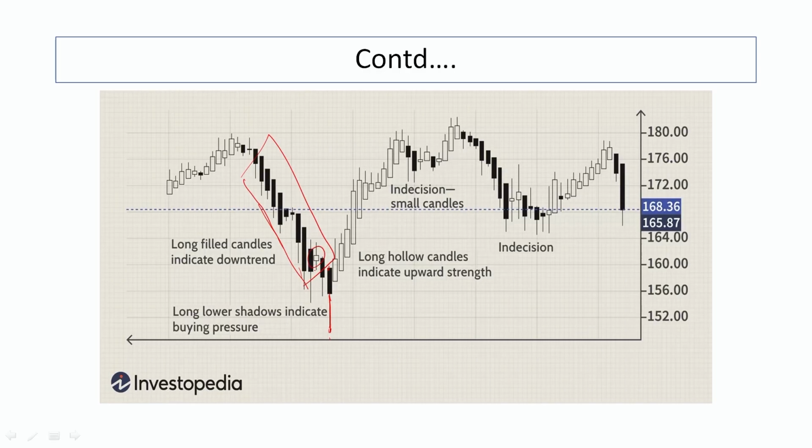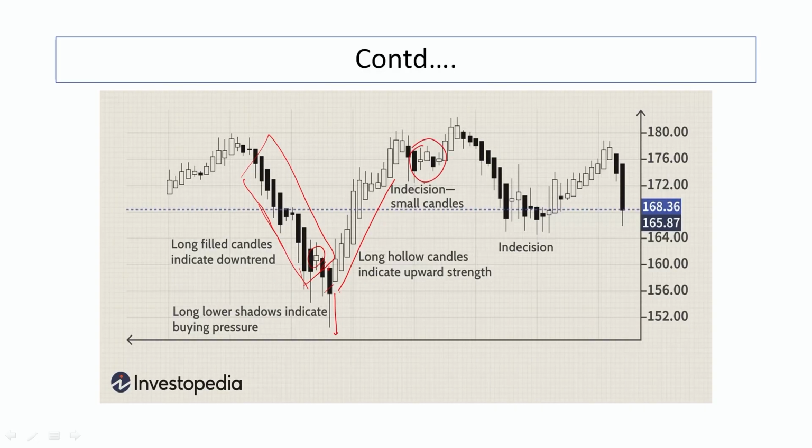This is a point where investors are indecisive, and these two candles are showing that the market is going down and down, and now the support is there and it will start reaching higher highs. This particular candle, as I have already shown, has a long shadow. Now coming to this portion where the candles are unfilled or hollow, they are showing an uptrend and the market is gaining position.